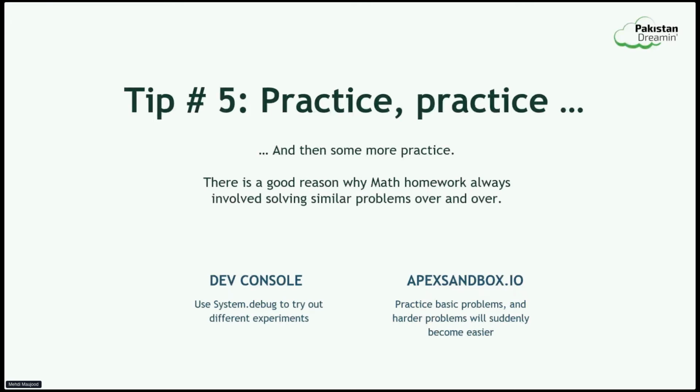For an example, the pattern I shared with you earlier, like A is not equal to null and A dot name is not equal to null. You probably had to think about it a lot when you looked at it. But I can tell you, people who are coding every day, it just comes naturally. We don't even think about it because it's internalized. Or looping over a list: for integer i equal to 0, i is less than array dot size, i plus plus. It's so internalized that we don't even think about it.